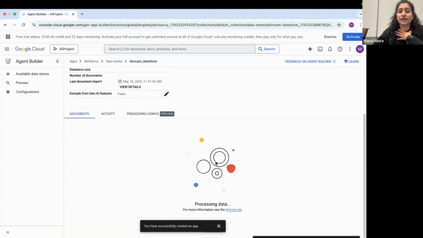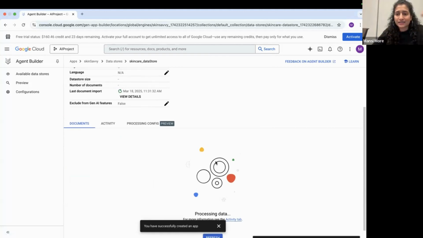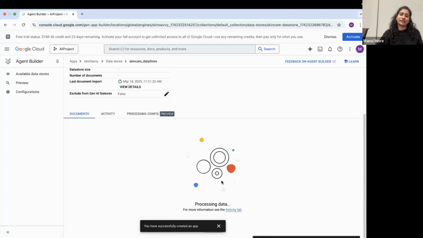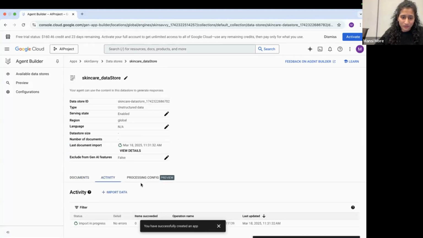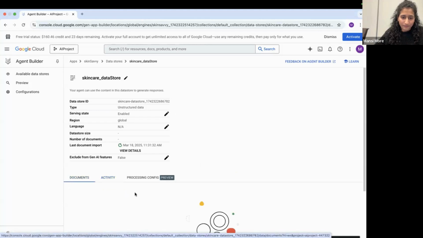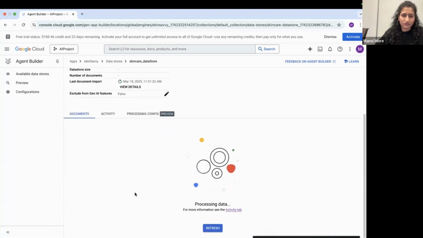You can see your data is getting uploaded. Why I said in the starting not to upload a large amount of data: while feeding a training data set to the bot, it takes a lot of time. You can check in activity also. The import is in progress, and it will be done in 4 or 5 minutes if you have uploaded a small size of data.